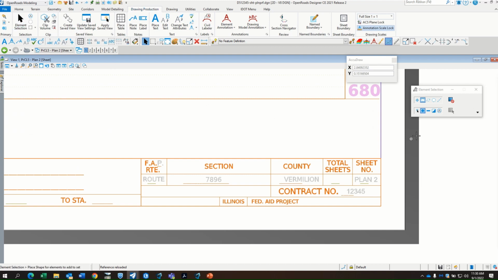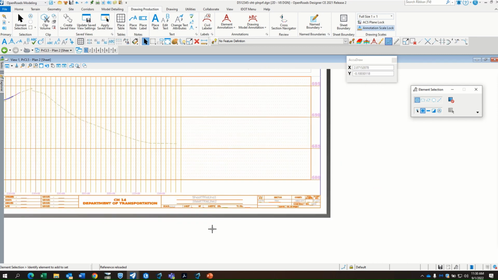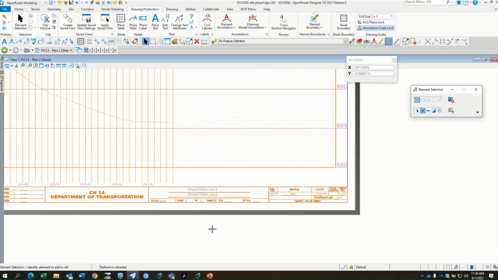text is not normal text. This text is actually, not even sure what you call it, but it's linked to the work set, and so the actual text will change if you change it at that location. And then I guess the third way of doing all of this, if that was really too much to take in and you said, well, I don't care, I'll key in that information over and over and over again, I guess you could, if you desired, to just take and